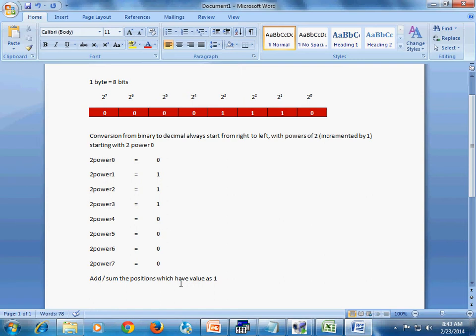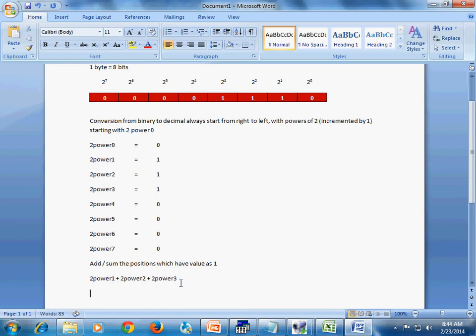Next we have 1 in 2 power 1, so add 2 power 1, and again 1 in 2 power 2 and 2 power 3, and the remaining are all 0, so we can ignore them. So 2 power 1 is 2, plus 2 square is 4, plus 2 cube is 8.